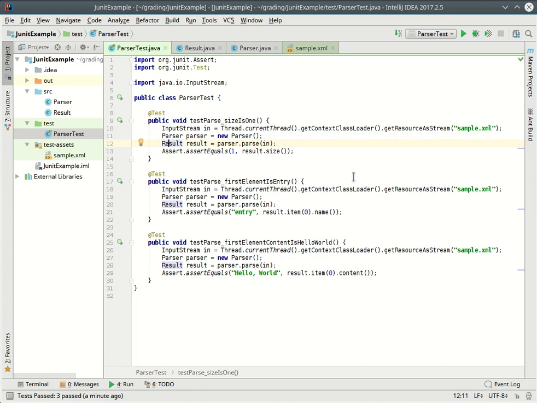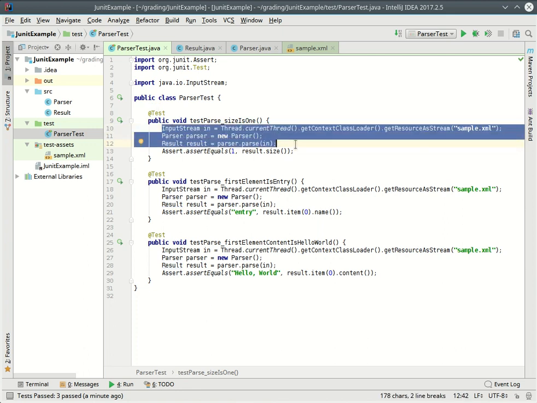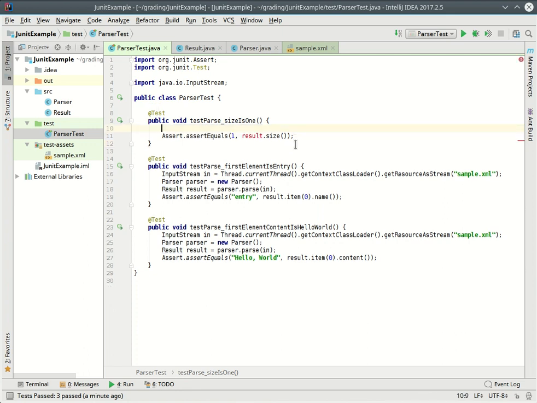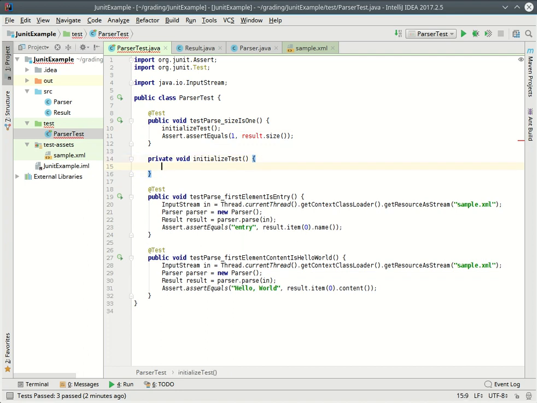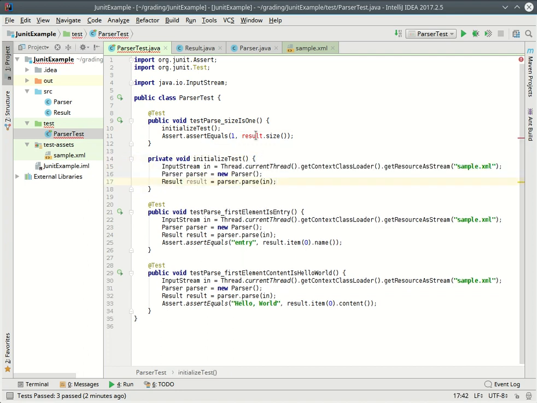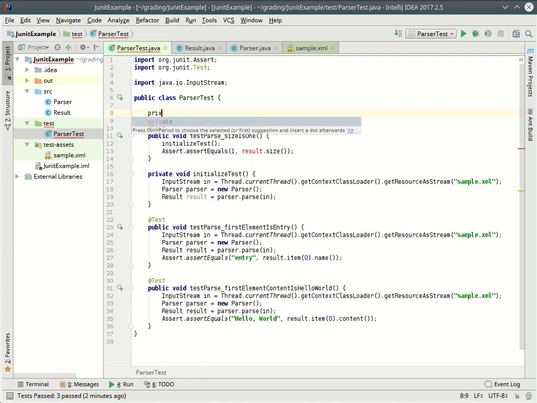This is a don't repeat yourself problem. So one simple thing we could do is pull this out into some kind of an initialization method that we call. So maybe we can say initialize test, for example. And so once we have that set up, we can paste the code in there. Now, of course, in order to get access to result there, we're going to have to promote that to a field